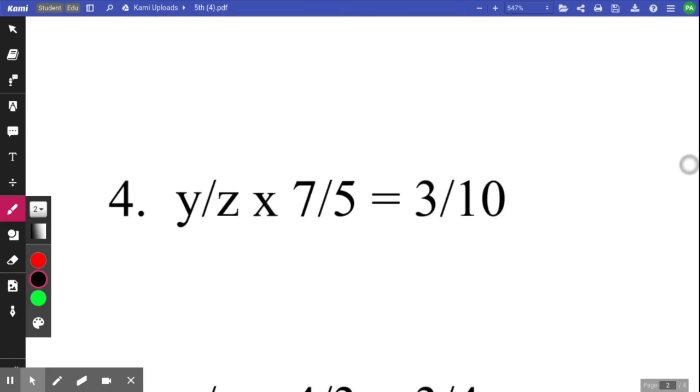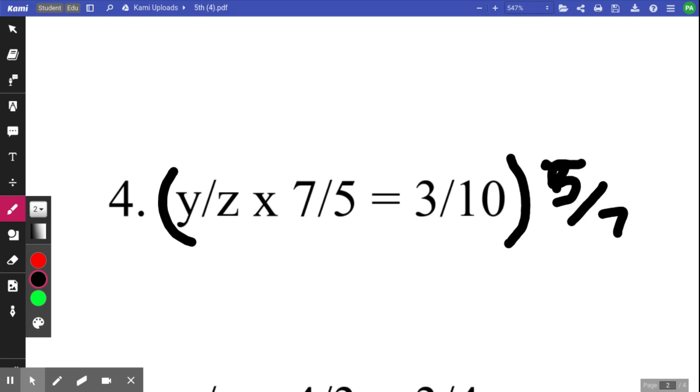What you would do is divide 7/5 to the other side, or an easier way is to multiply the whole equation by the reciprocal. So it would be 5/7. And then this becomes 1. And then it would be 5/7